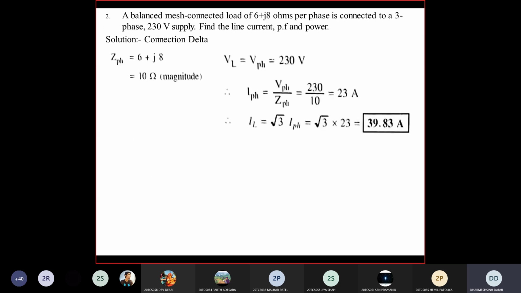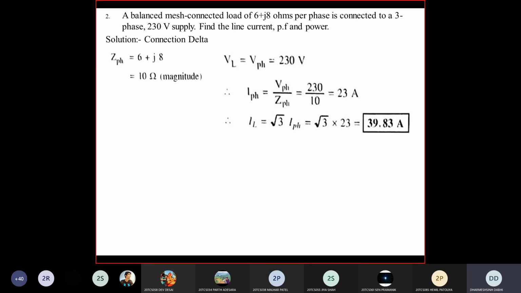Clear all of you? Is there a doubt? Now what is the power factor? Give me the value of power factor. 0.8. Yes? But now is 0.8. All of you get this answer? 0.8.